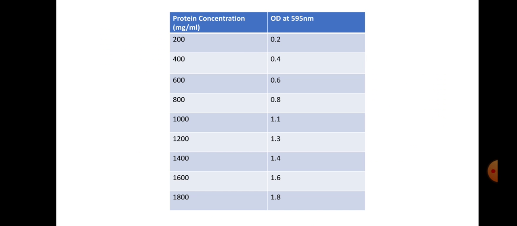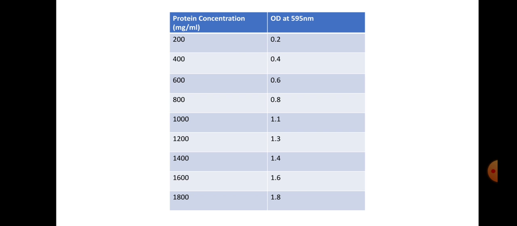The standard concentration of protein is taken in different measurements: 200, 400, 600, 800, 1000, 1200, 1400, 1600 and 1800 mg per ml, whose optical density at 595 nanometers is 0.2, 0.4, 0.6, 0.8, 1.1, 1.3, 1.4, 1.6